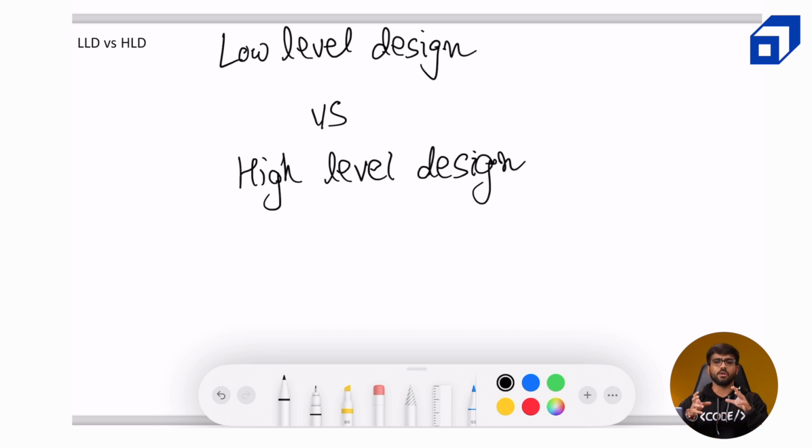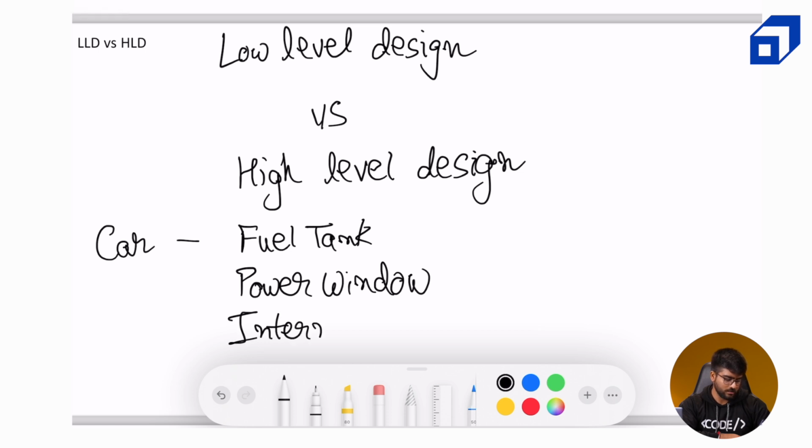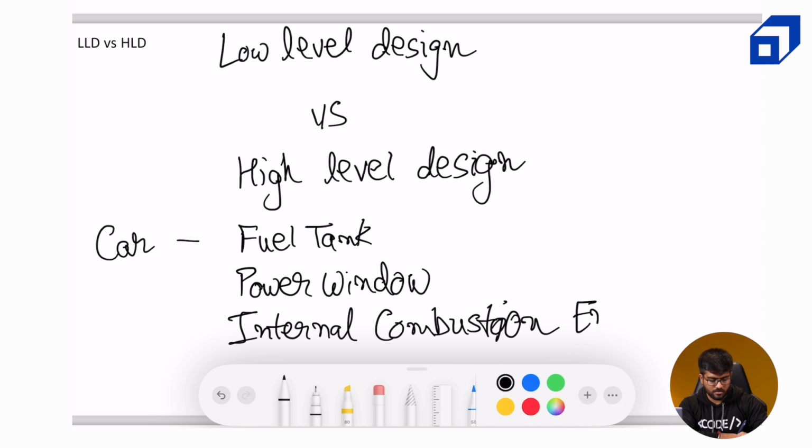If I wanted to give you a real life analogy, let's take up a car. So what are some of the systems which are present inside the car? I'm no automobile expert, but I have some decent understanding, hopefully I'm right. You can correct me in the comment section if I'm not. So there will be a fuel tank, obviously. Then there will be some power windows. There will be an internal combustion engine. And some more systems